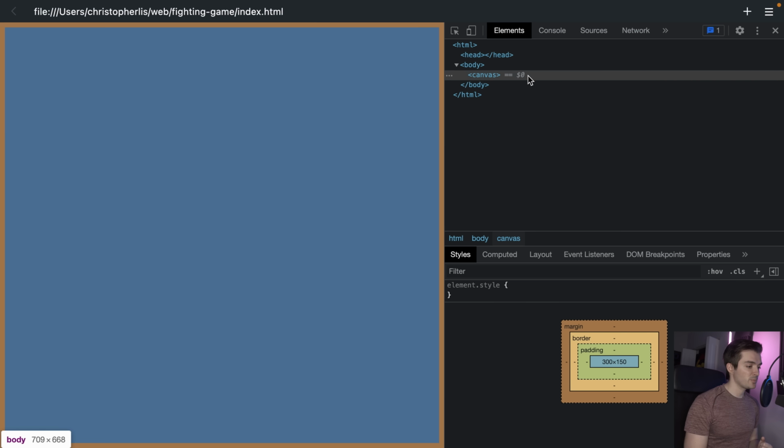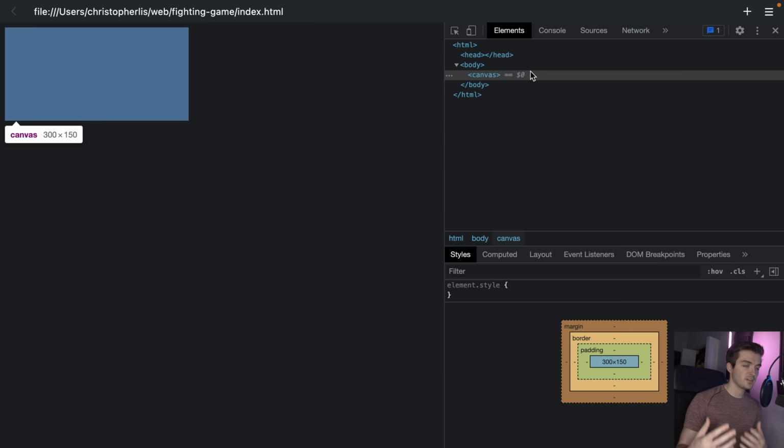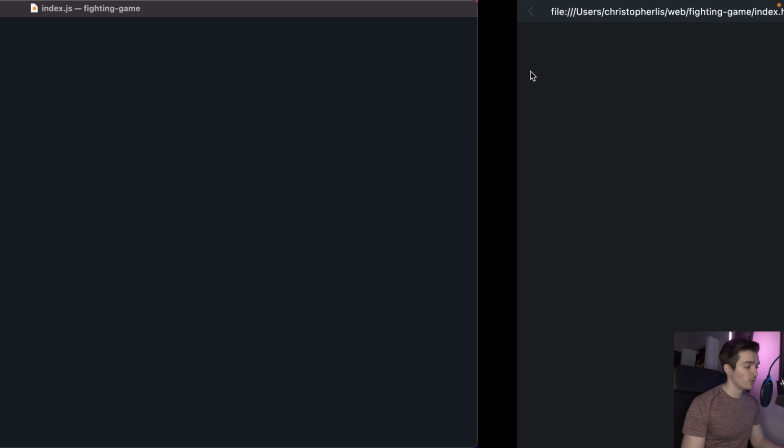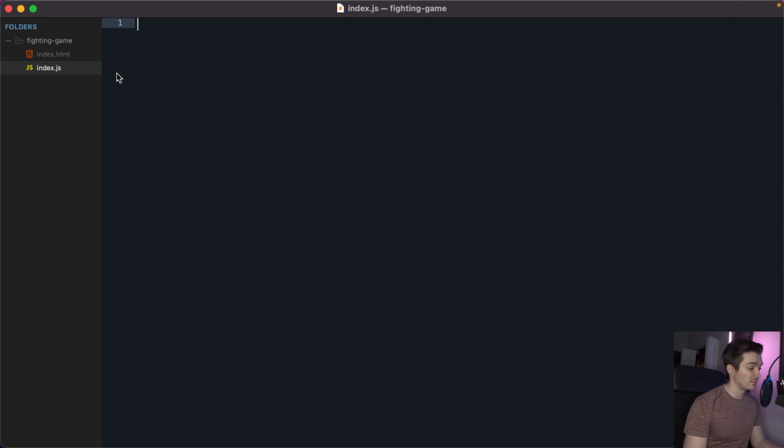So let's go ahead and start by resizing our canvas so it's the correct size for our game. It's going to be 1024 by 576. I typically find that's a good ratio and size to make sure that our game fits on most computer screen sizes. So in order to do this, we're going to go inside of index.js, and we're going to go ahead and create a const called canvas. This is going to be equal to